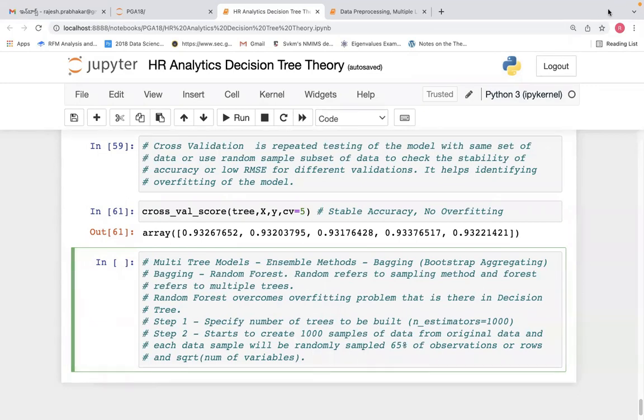So the first step in random forest is to specify the number of trees to be built. How many trees you have to build needs to be specified. And then the sampling process will start. It has to create 1000 samples of data from the original data, and each data sample will be randomly sampled 65% of observations and square root of number of variables. And it also uses the data with replacement methodology,